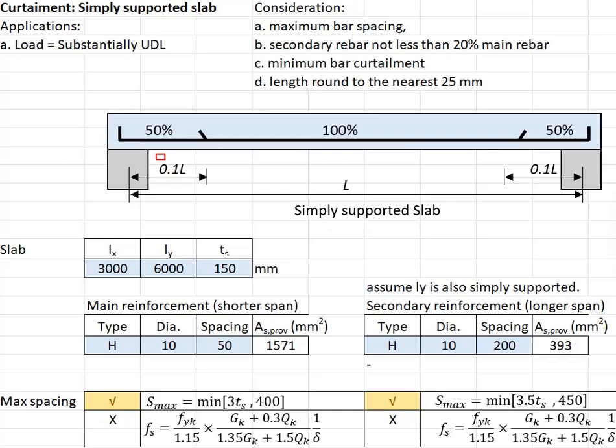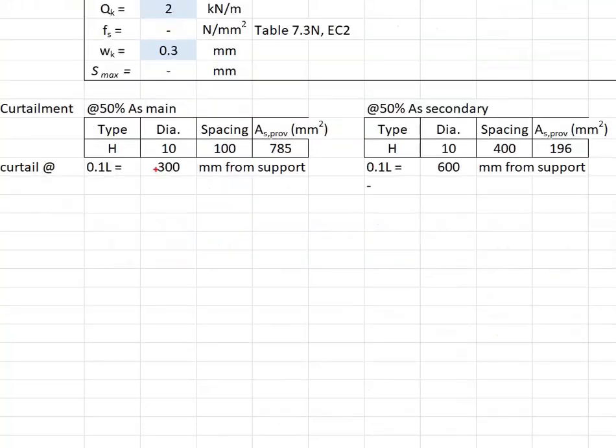We are talking about 0.1 times the effective span. And if you are talking about the shorter span, that means we are referring to this 3 meter. 0.1 times the 3 meters, that means this distance will be equal to 0.3 meters, which is 300 mm